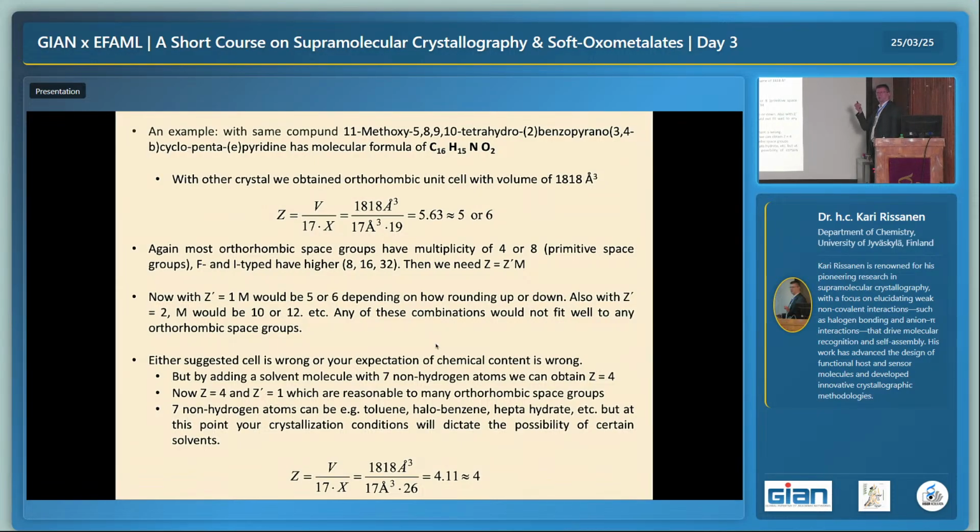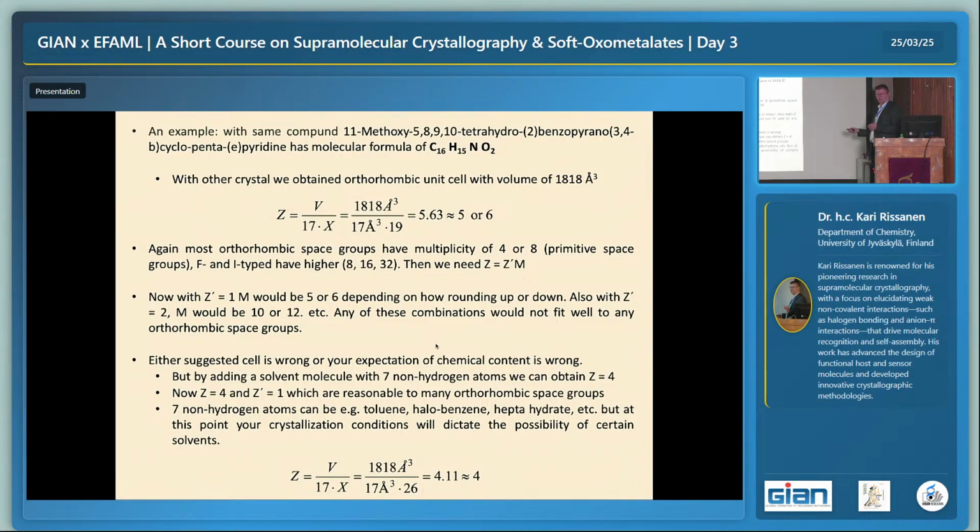But we think that our unit cell is correct. What is then wrong? What is there? And this is a very good thing. So either our unit cell is wrong, or my idea about the chemical content is wrong. So either one, it has to be. Either the unit cell is correct and my composition is wrong, or the unit cell is incorrect and my composition is